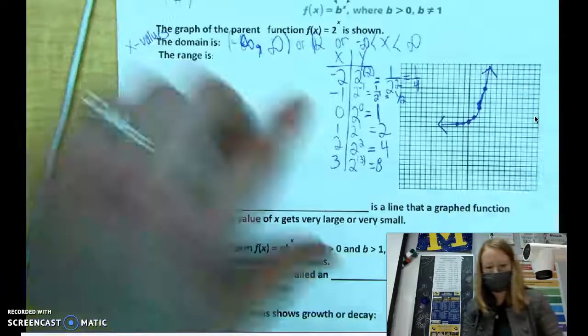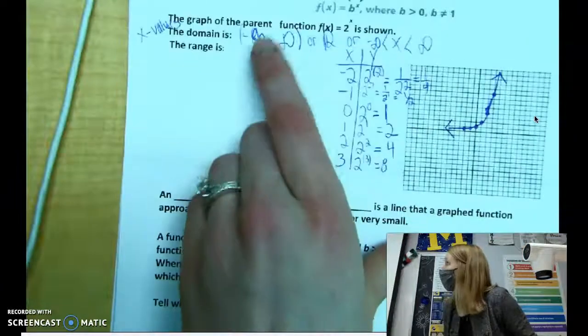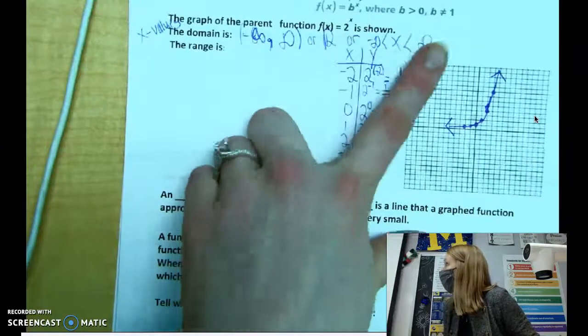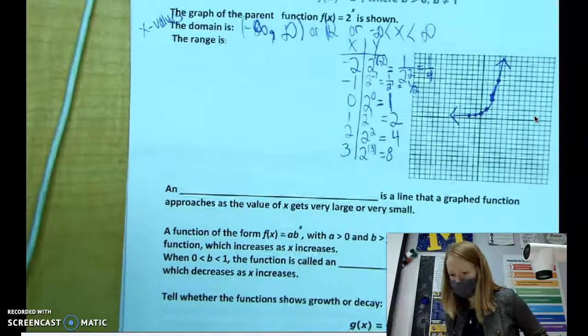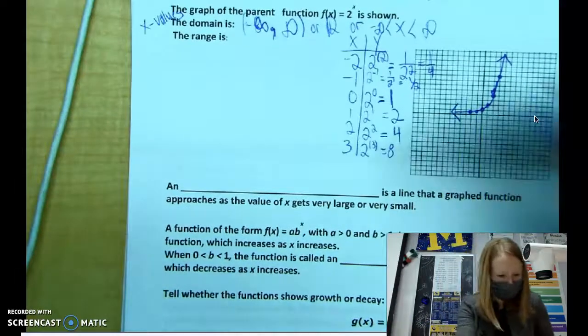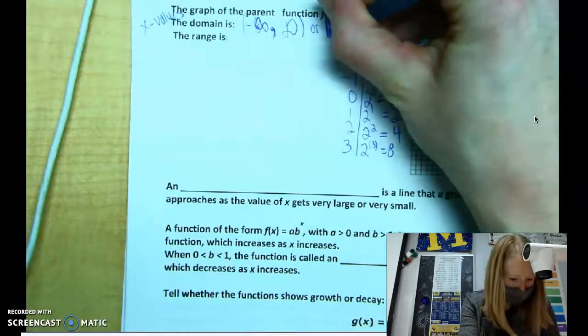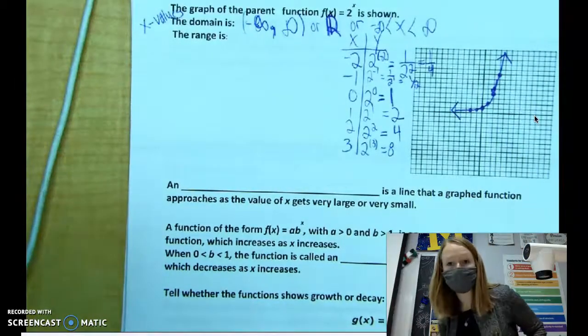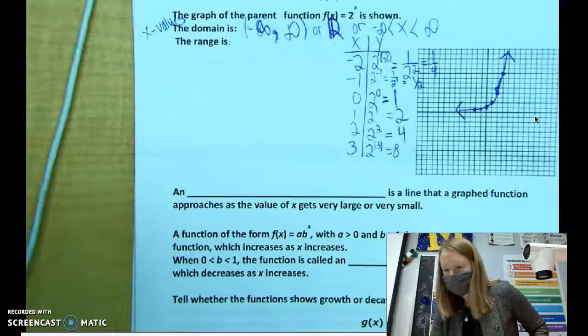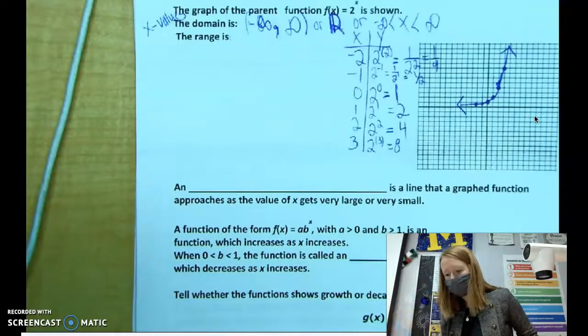So we have the 3 different notations I would be fine with you using. Could also do set builder, but I'm not expecting you to remember that one, right? This is an R, so it means all real numbers, but it has an extra line through it to indicate that it means all real numbers. But if we're talking about the range,